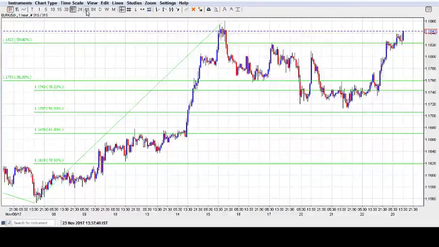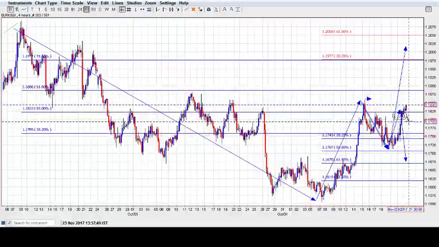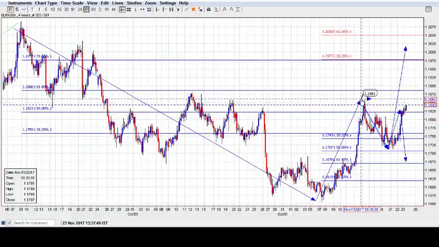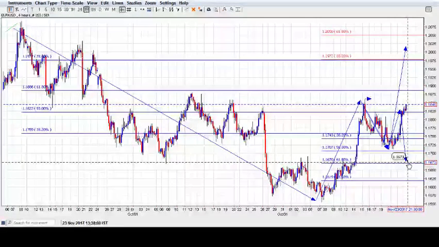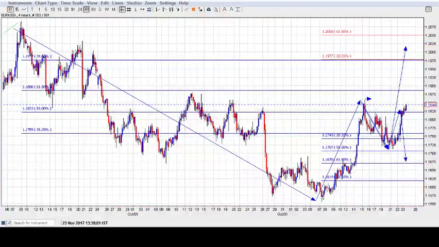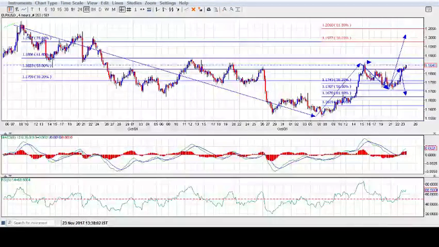So an aggressive way to deal with this chart was to go short, which we have done with a stop loss at a risk just about 1860 and short-term target of around 1670. We want to get out of that price. Another supporting factor could be the MACDs and the RSIs. Let's have a quick look there.